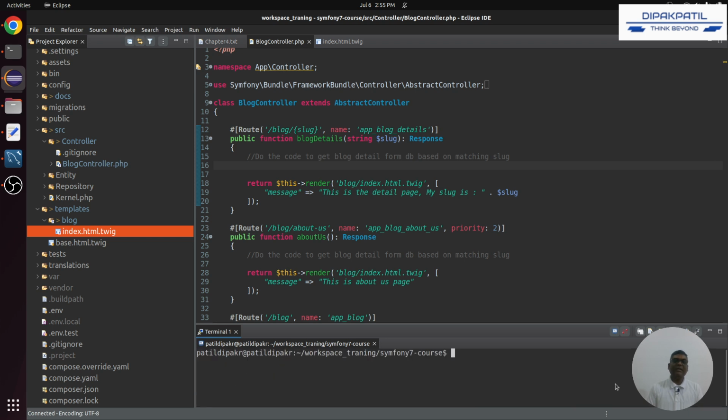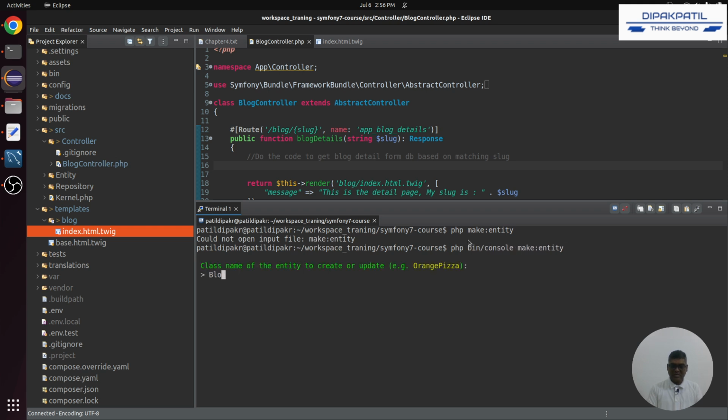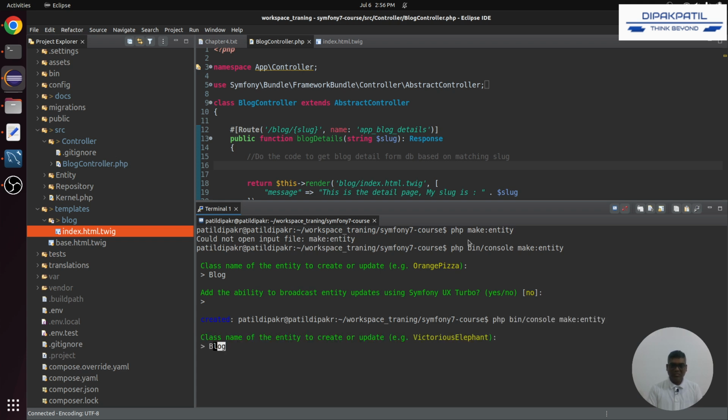So automatically that will be page from the Symfony. So let's create a basic entity. We will create a basic entity PHP. Let's use the maker bundle again, bin console make entity, and then just create a simple entity. Now let's add a slug